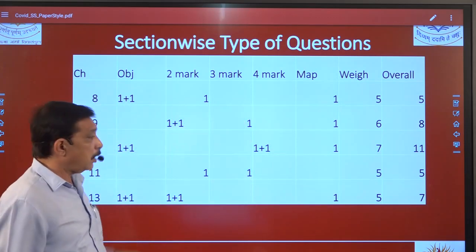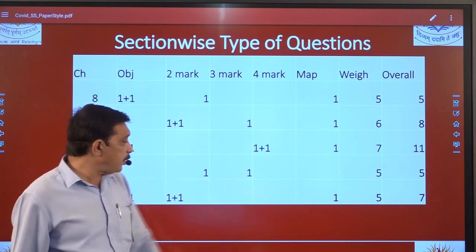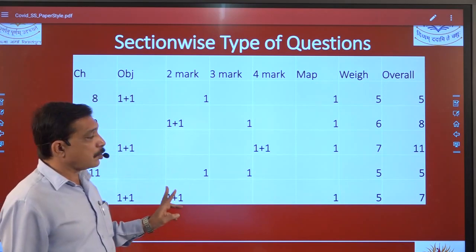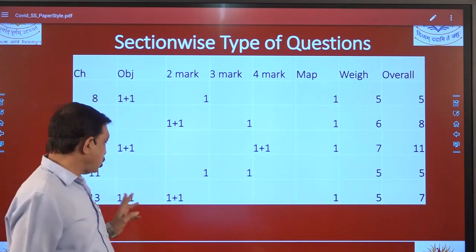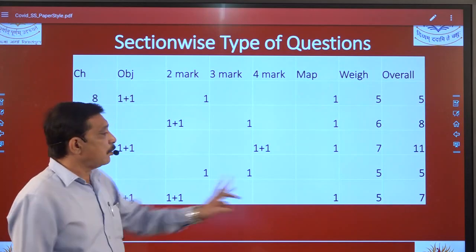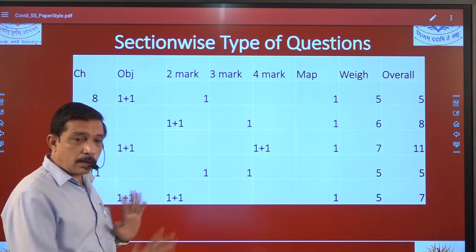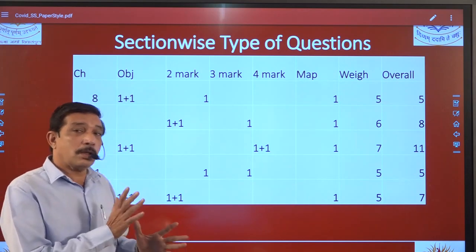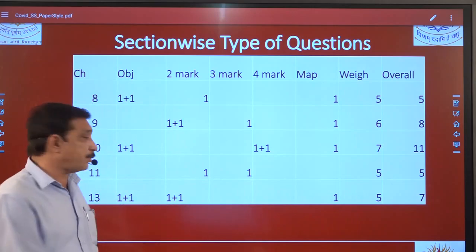Chapter number 13, you have lots of options over there. 1 mark, map will be there, 2 marks 2 questions. So 4 plus 1 5, that is fixed. Yes, additionally it can shift. Yes, 2 marks this, plus 1 mark map 3, then 2 marks question, right? So weightage cannot be shifted, but questions can be shifted from here to there.